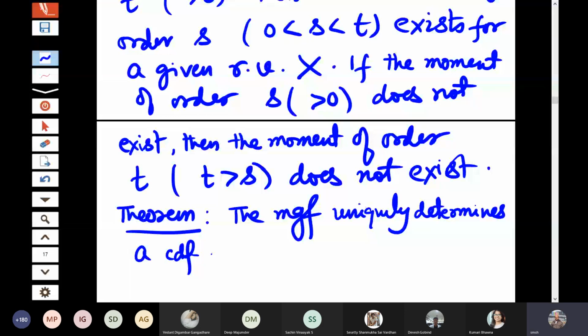Before I end this characteristics, I would like to do one important result. So you have seen moments, that is one type of relationship. That means you are looking at the value multiplied by the density, and then you are looking at certain kinds of summations or integrals.